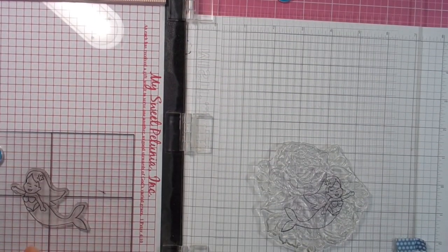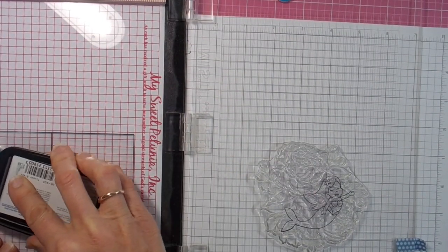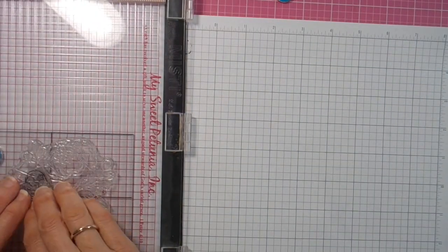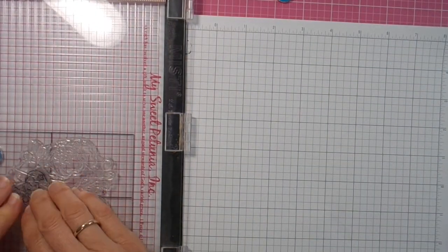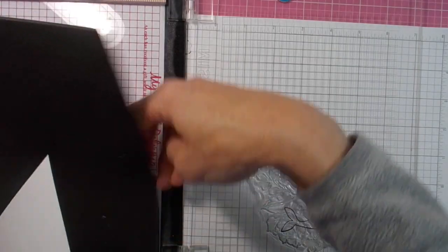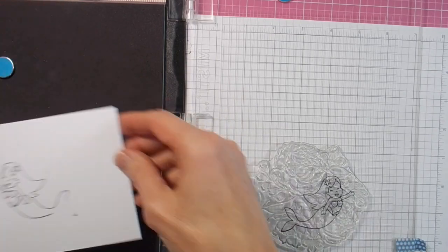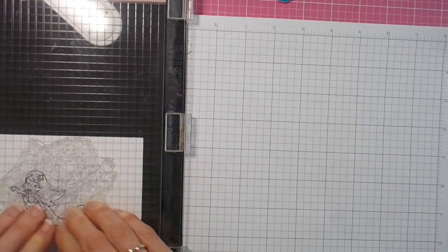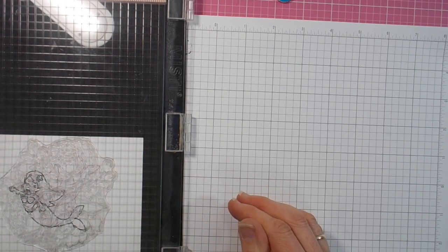Put my little mermaid back in on the acetate so she's easy to move in and out. Stamp her up with the Memento Tuxedo Black. Stamp her onto the background stamp I'm using there, which is larger than my image. Put back in the black foam and my white cardstock and press her down again to get a better, more complete